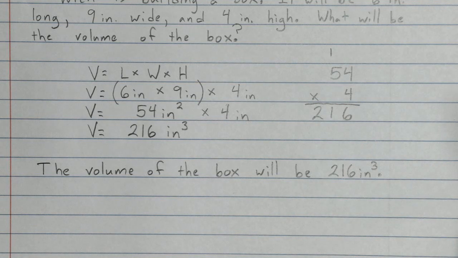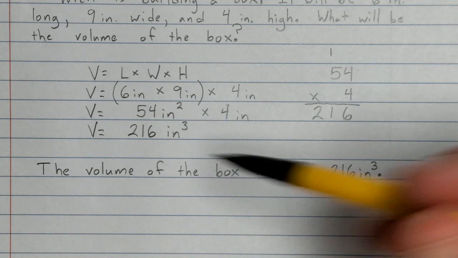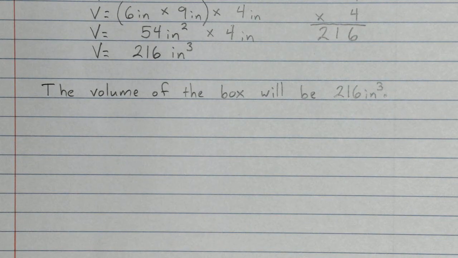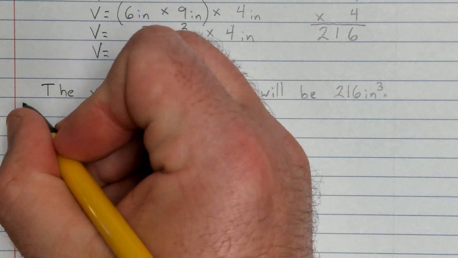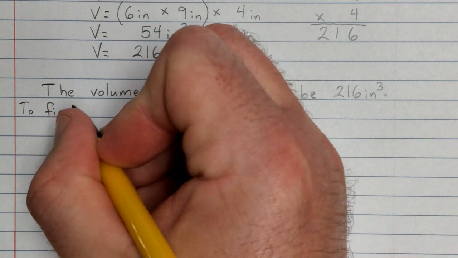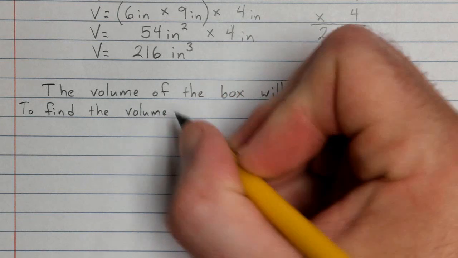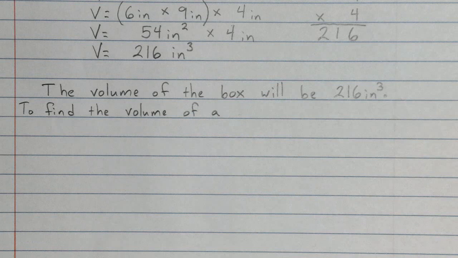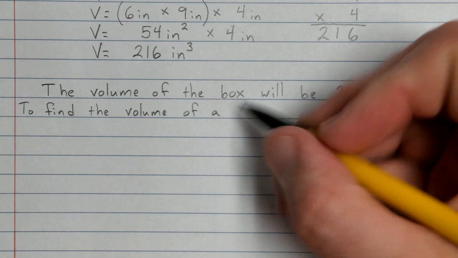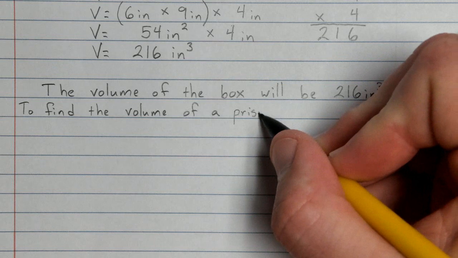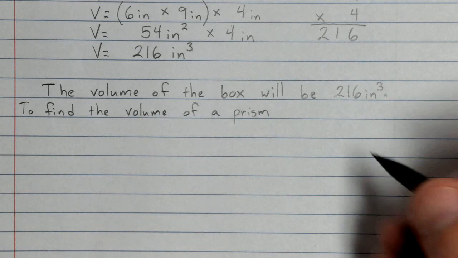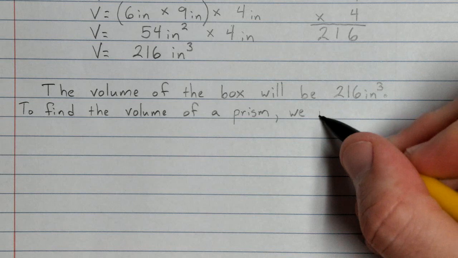Now, step 2, I have to explain the procedure. Be the teacher. The volume of the box will be 216 inches cubed. To find the volume of a... Now I know I'm finding the volume of a box, but specifically this is a rectangular prism. So I'm going to say to find the volume of a prism, I won't make you write rectangular right now. To find the volume of a prism, we multiply